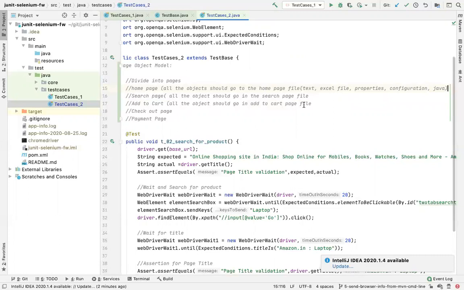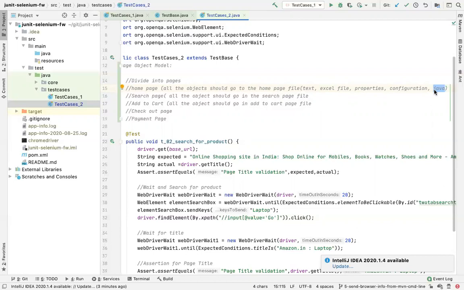It doesn't really matter where you're keeping it. The first point is why we are doing it: we wanted to have a centralized location, right? That centralized location can be given to us by many things. It can be a text file, right? If you keep everything in a text file, that can also act as a centralized location. And trust me, a lot of projects use text files or configuration files or even Excel files to keep their objects, right? But I've seen all, the best is to keep it in the Java,